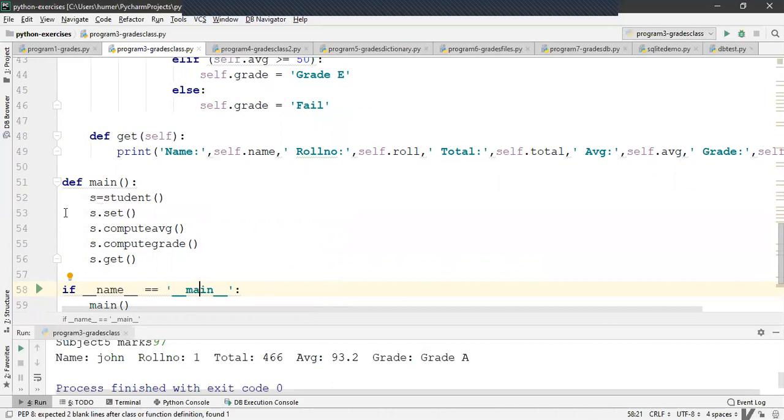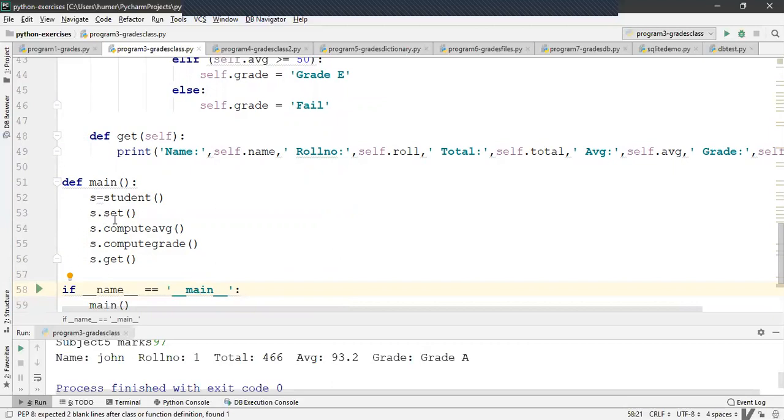Main function has been defined in which an object is created called S in this case. S is equal to student. This is the syntax to create an object. When you create an object, init method is invoked by default. There is no need to call it separately. However, other functions have to be called by using the object name.